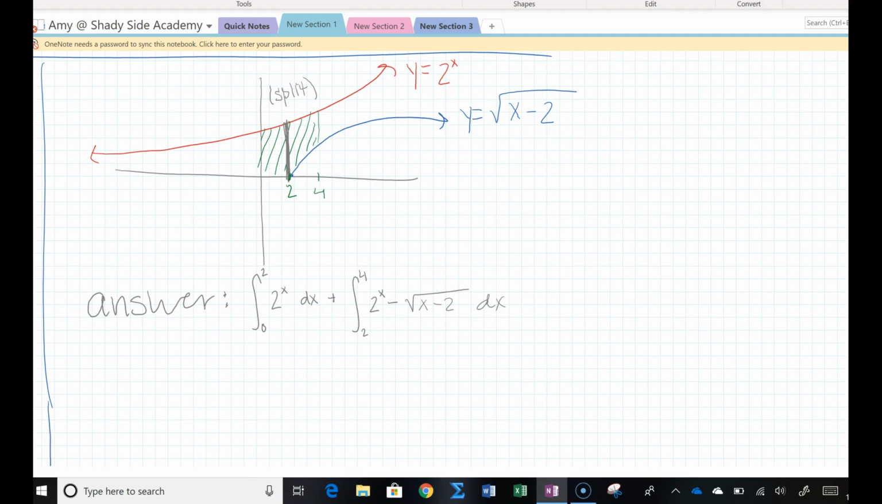Okay, tonight's homework is on area between curves. You can go ahead and pause. There's another part of your